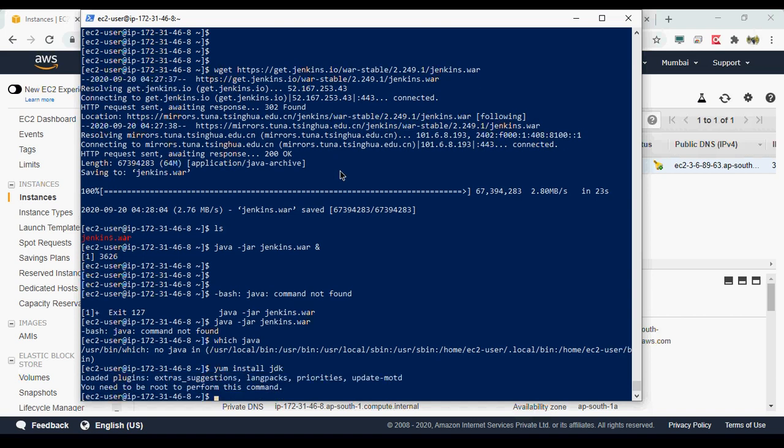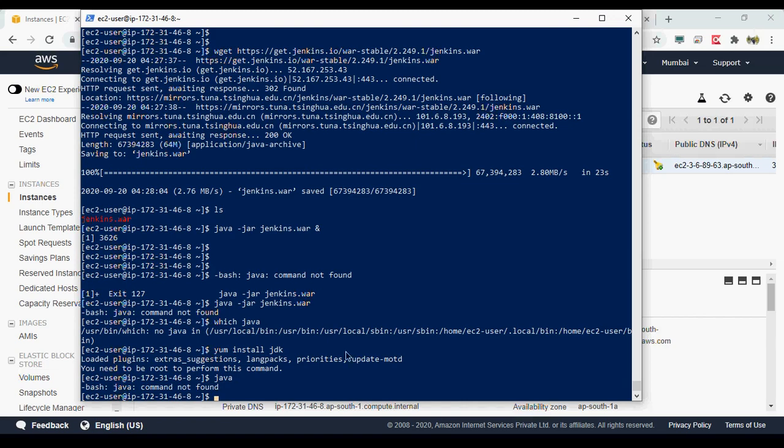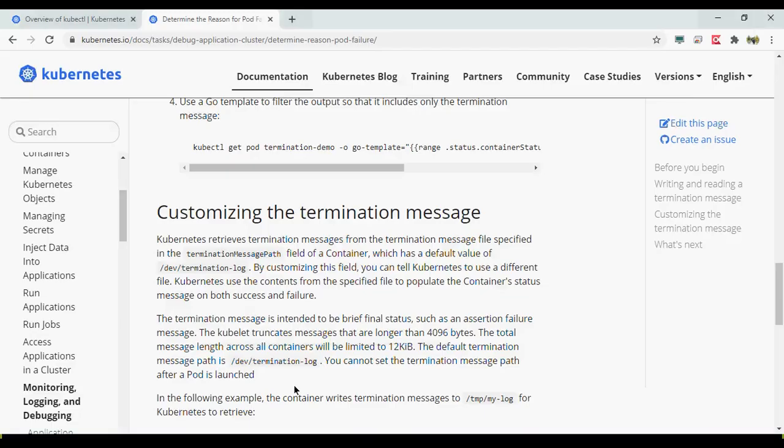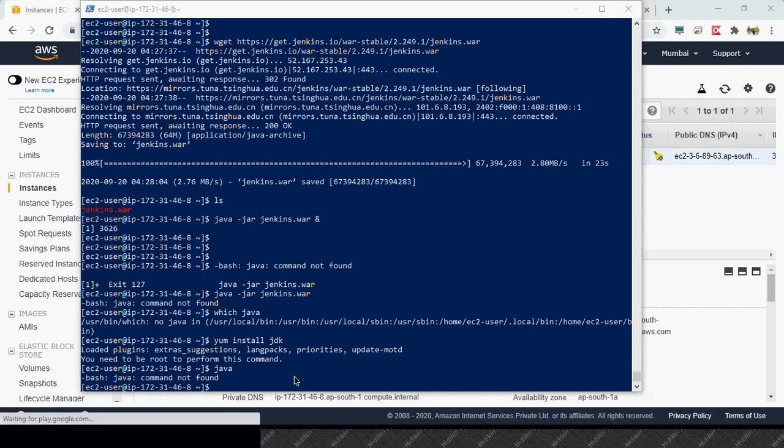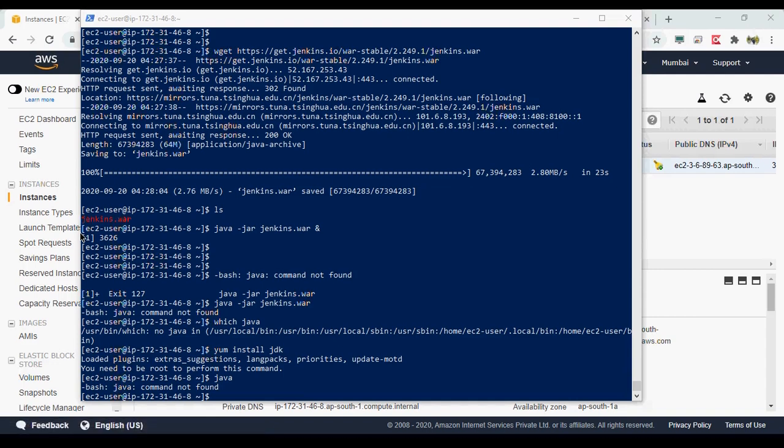JDK. JDK should be there somehow. Okay, let's install Java also. Java on Amazon. So let me just search a command for it.